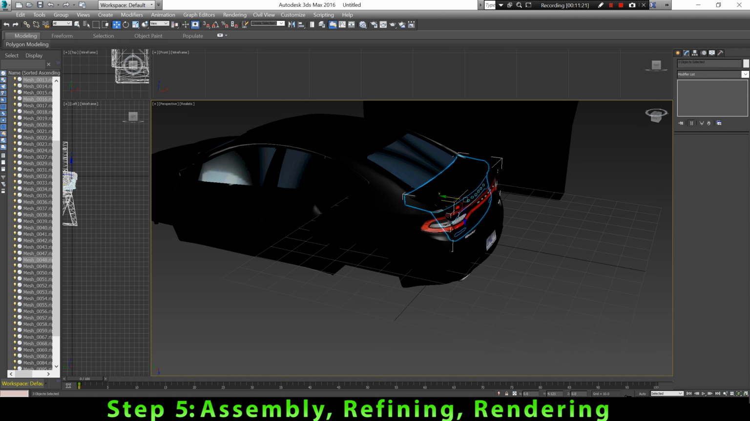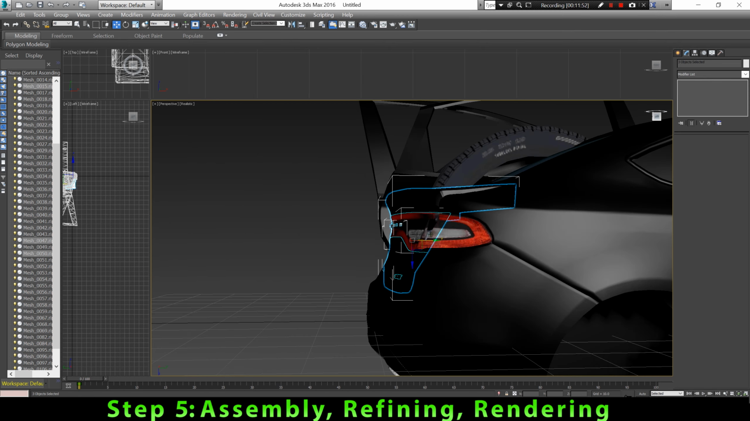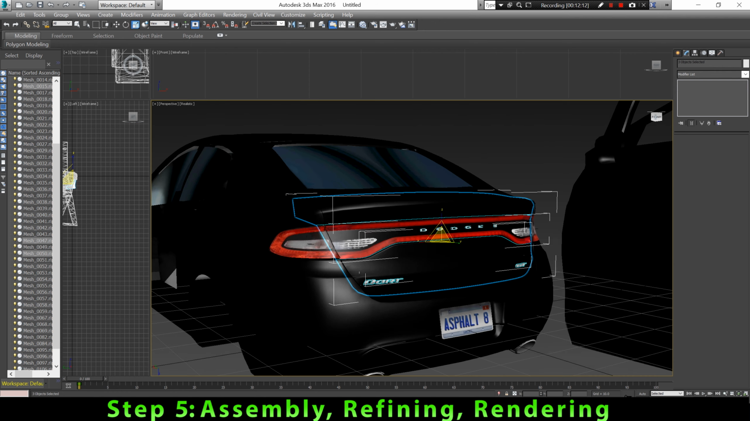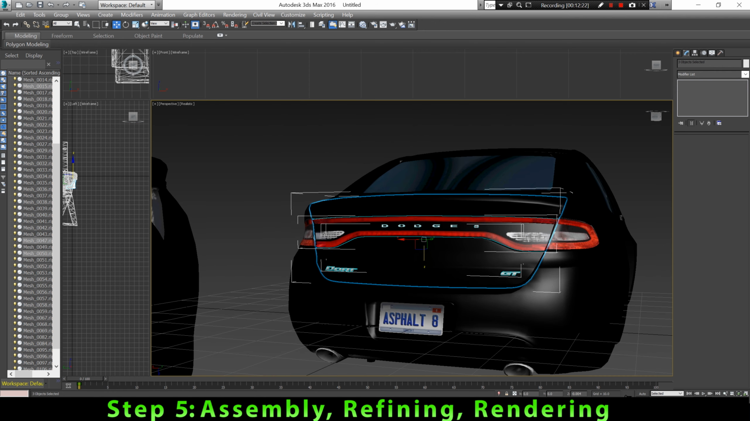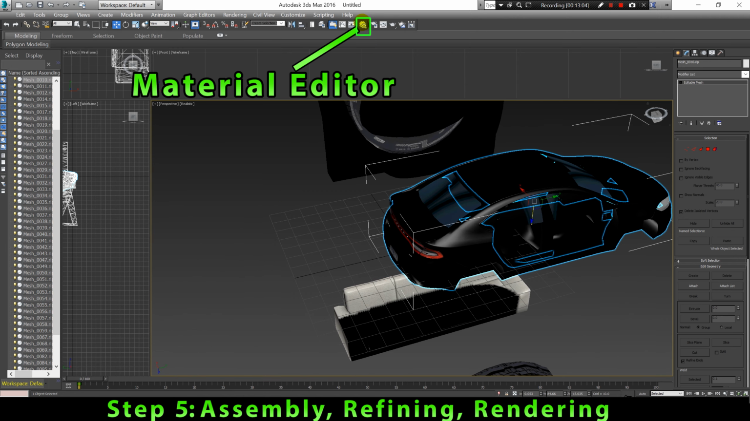Usually, when we import FBX files, the texture comes together already applied to the model. But for some reason, this car model became black. It looks like the texture got corrupted somehow. To solve this problem, we gotta go here in the material editor, and then I'm gonna take one of these